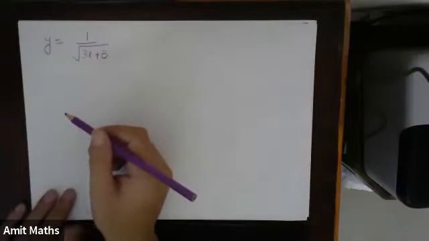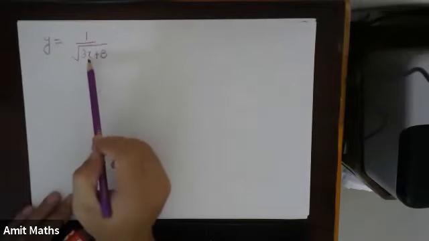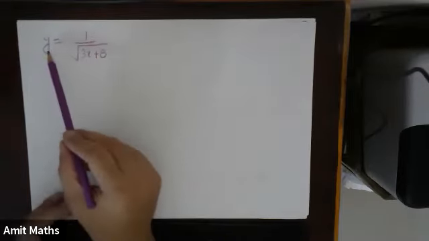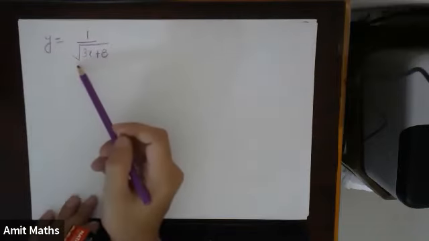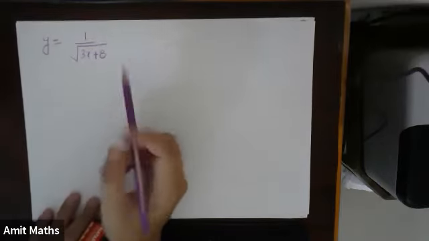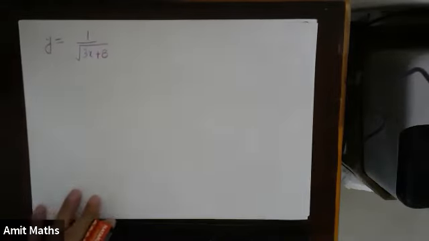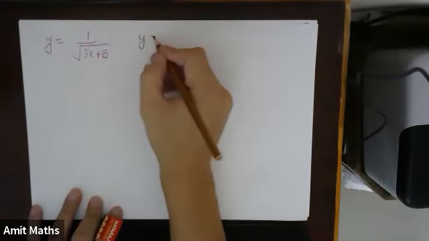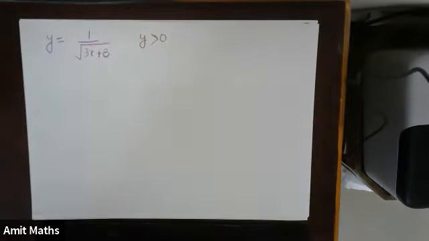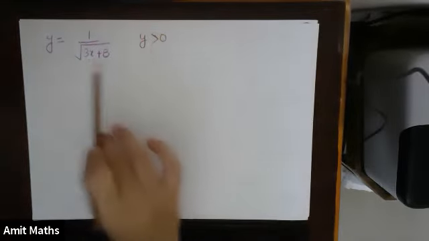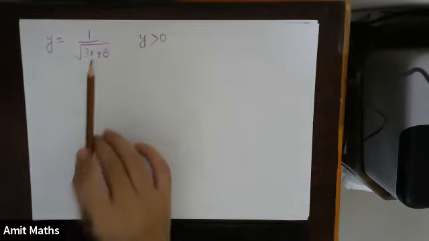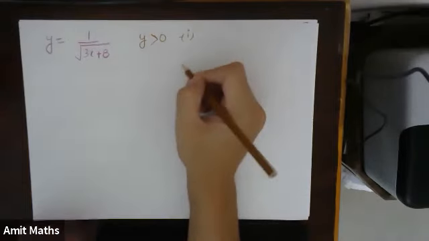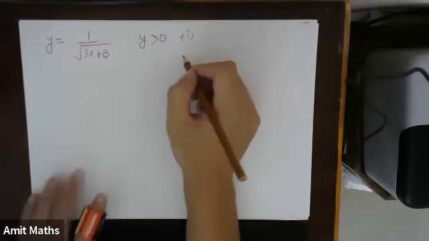Okay, so let's see what we will do. So we have this as under root in the denominator. As in the previous question, first we'll try to find the condition on y, because I have to square. Squaring increases the roots. So I will write an initial condition. The initial condition on y will be that y has to be again greater than 0. Why not equal to? Because x is in the denominator, so this will never be equal to 0. So this is my first condition on y, before squaring.